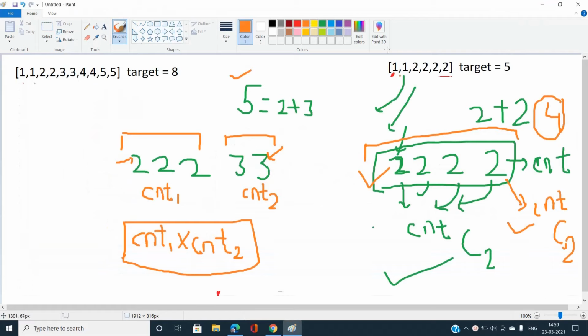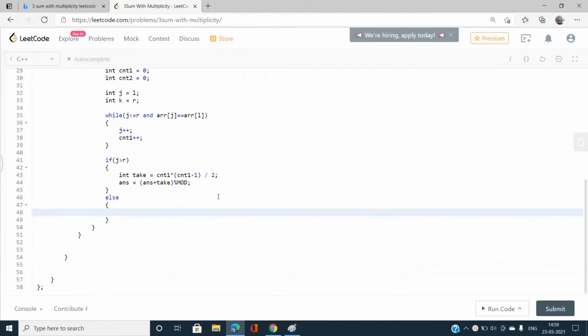Okay. And what about the case like this? In this case some elements are equal, some elements are not equal. I need to write count 1 into count 2, if it is possible that we can get this sum, so I'm going to write else. If it is not possible, then I need to find the number of elements that are exactly equal to array of R from the right side.